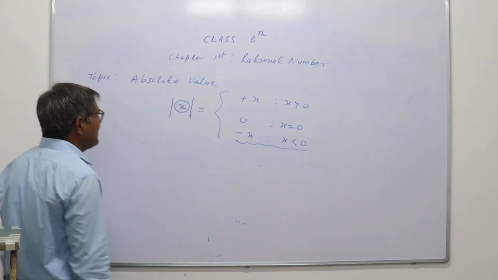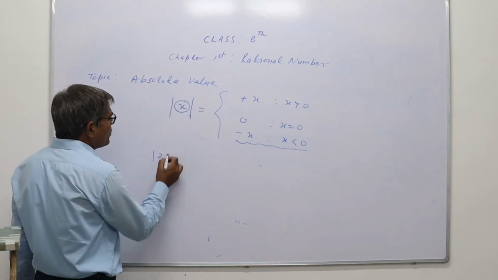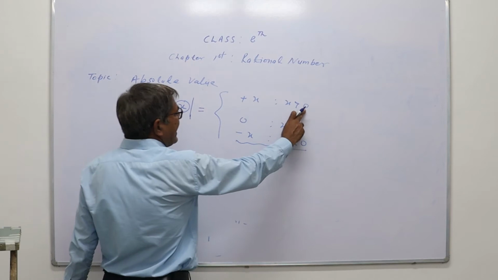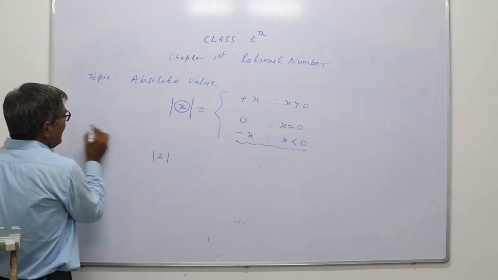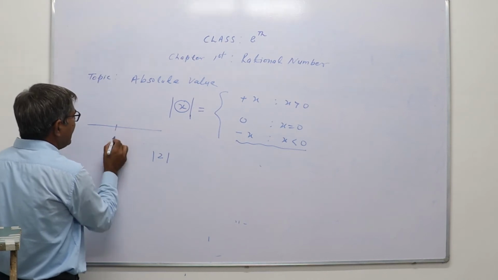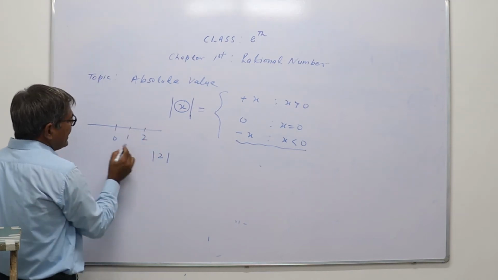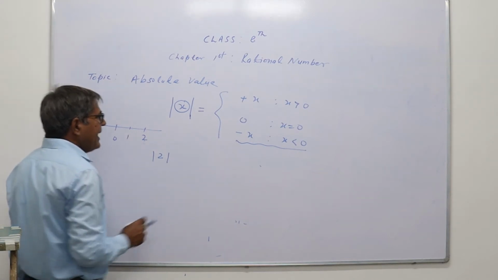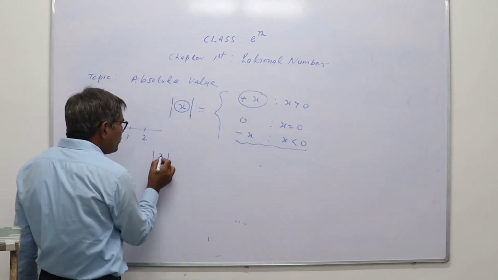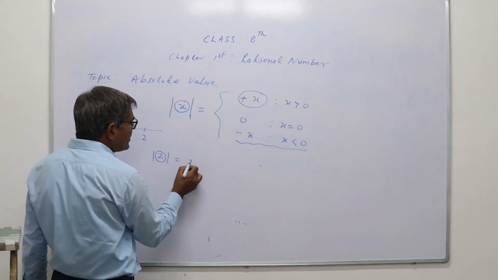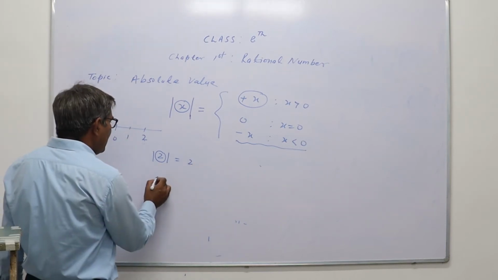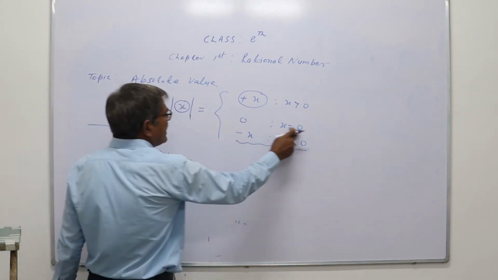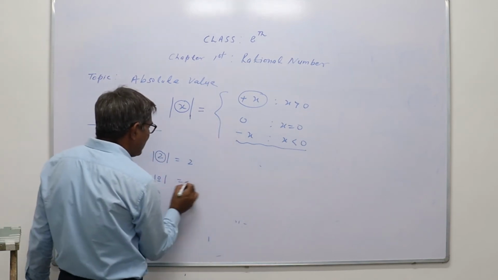इसको अपन एक एग्जांपल से समझते हैं. Let us suppose if you have to find the absolute of 2, then see 2. What is 2? 2 is your x, और x कैसा है? Greater than 0. इसकी वैल्यू real number line पे, let us suppose this is your real number line 0, this is 1 and this is 2. Then see 2 is greater than 0. 0 से अगर कोई भी बड़ा नंबर है then its absolute always plus x होता है. So 2 is greater than 0, so absolute will be equal to plus 2. Now if x is 0, then अगर x की वैल्यू 0 है then absolute of 0 will be equal to 0.